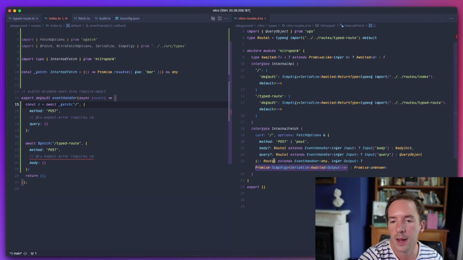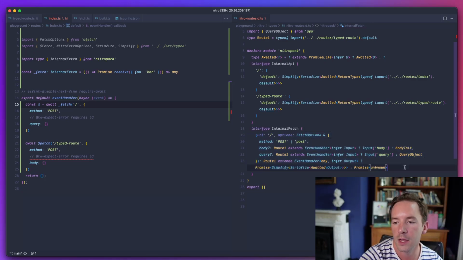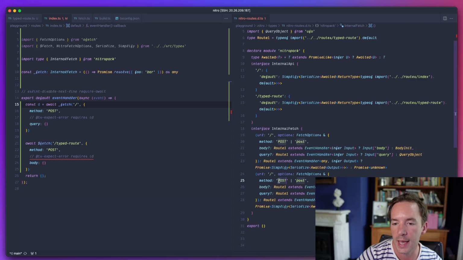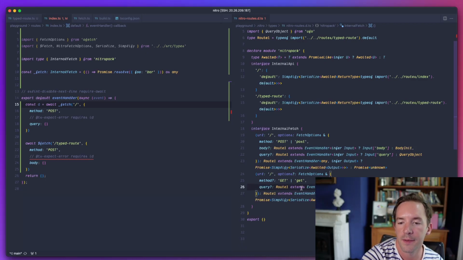So I think what I now need to do is basically generate something of this format, the benefit of which is that there's no extra inference going on here. So what I also want to be able to do is generate this for params. Let's see if I can do this. So if I can do one now, which is get or undefined. So basically, like this. And so if I have a get request,